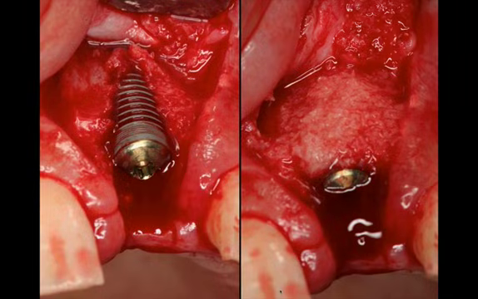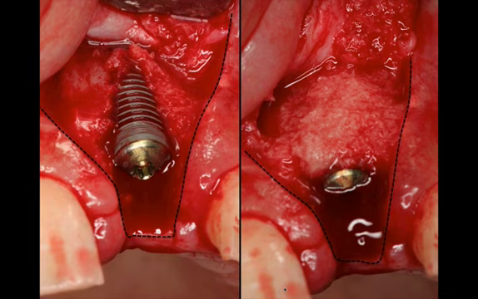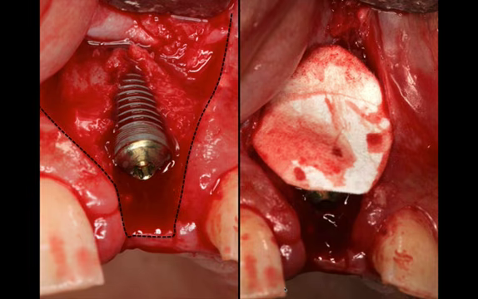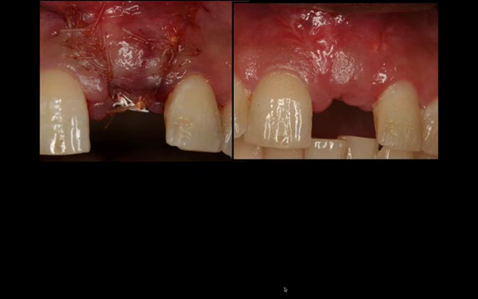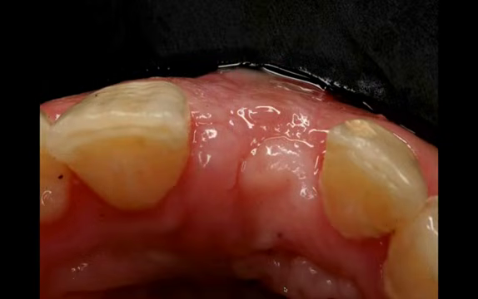So in this case, I looked at the diameter of the planned implant, which was 4.3 millimeters, and that was the distance between the two vertical releasing incisions at the coronal aspect of the flap. And naturally, as we go more apical, since those releases are diagonal, that will allow me space to place bone on the buccal surface of the implant and place a membrane to contain it and also close in primary intention. So for this case, I waited about 3 to 4 months for the implant to heal,